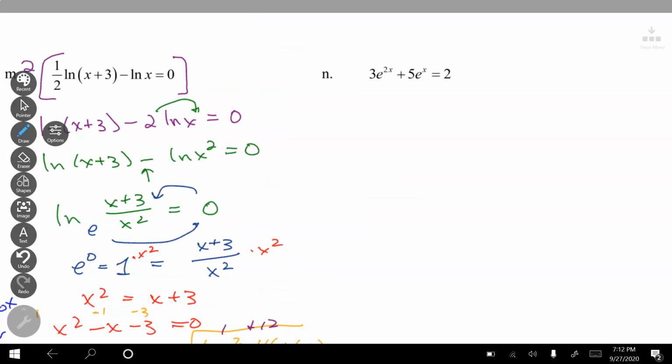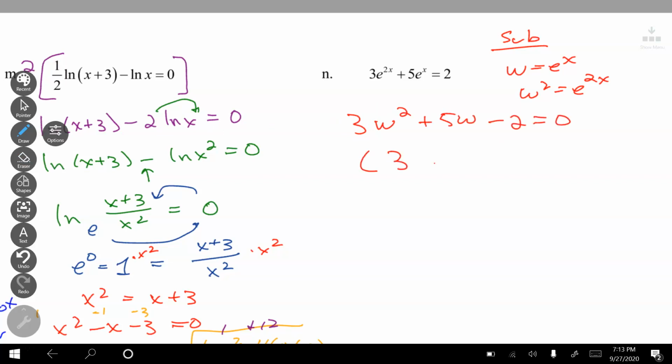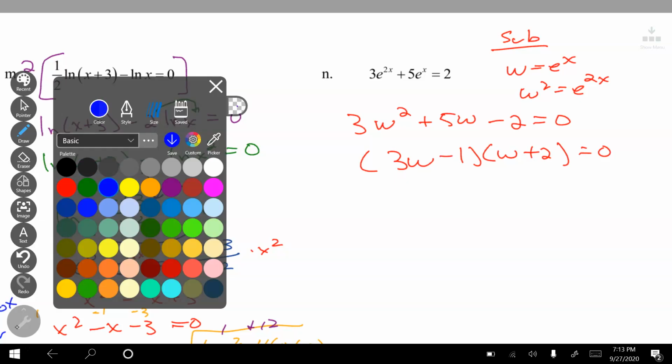In this last one, I'm going to use a substitution trick. I'm going to sub in w for e to the x and w squared for e to the 2x. So it becomes 3w squared plus 5w. I'm going to subtract the 2 over, and now I can factor this. Plus 2, minus 1, give me my positive 5 in the middle. And when I solve these,